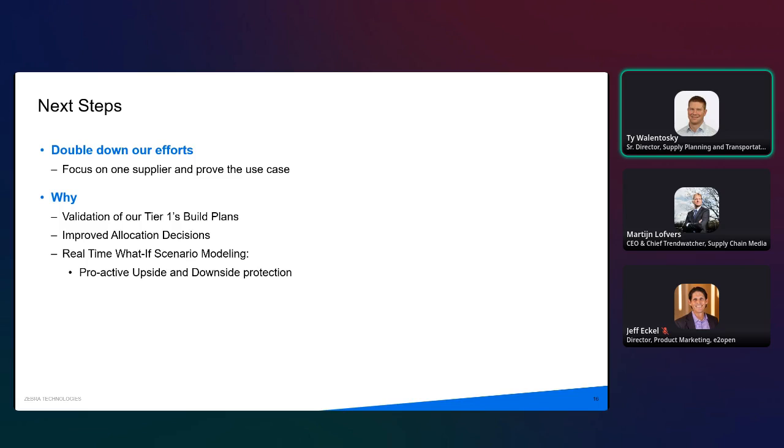We have a large support team, and as a team each week we go through what the data and the results look like. And then we have that feedback loop with that specific tier one, right? So we're churning our shadow plan, we're getting the results, and then we're going back and talking with that tier one